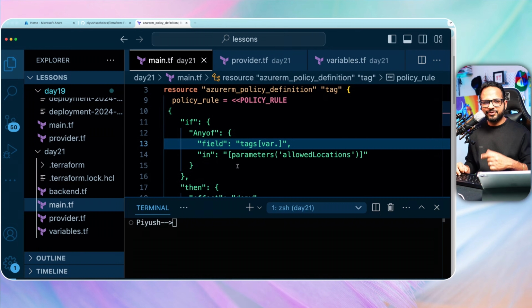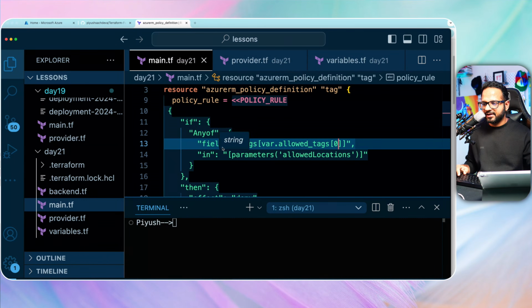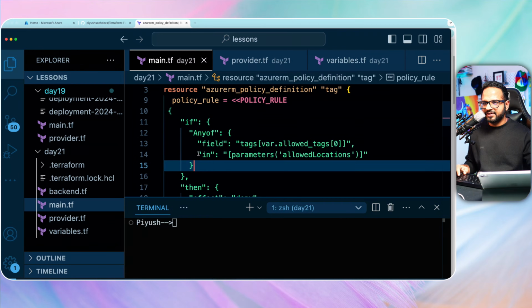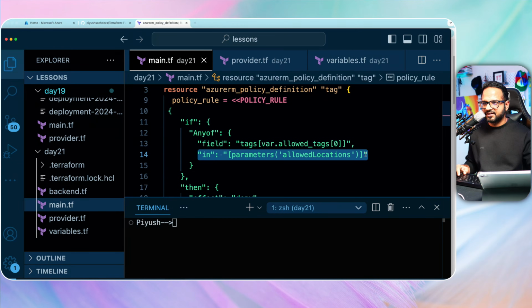I'm not sure if we can use variable inside that, but let's try it out. So it should be var dot allowed tags of index 0. Okay, and field in, and instead of in we can use exists